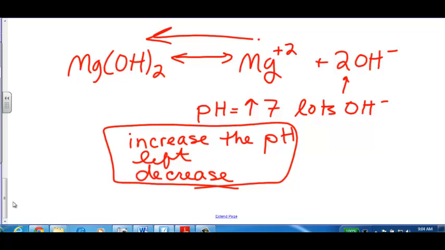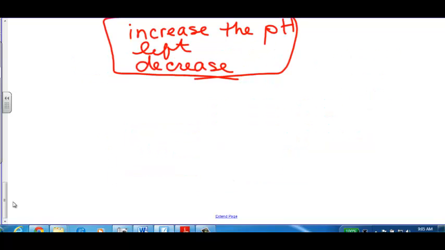which is going to decrease the concentration of OH minus, which is going to shift this reaction the other way. It's going to shift that dissociation reaction to the right, which would increase the solubility. Okay? So in the second little paragraph there, addition of H plus ions